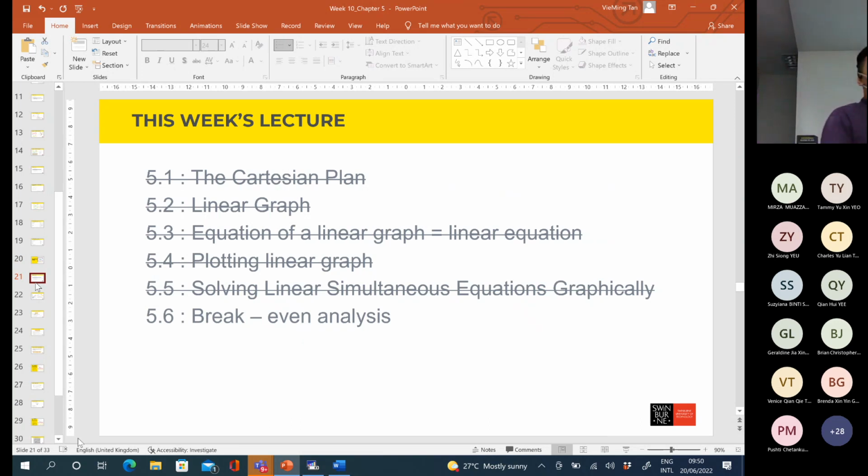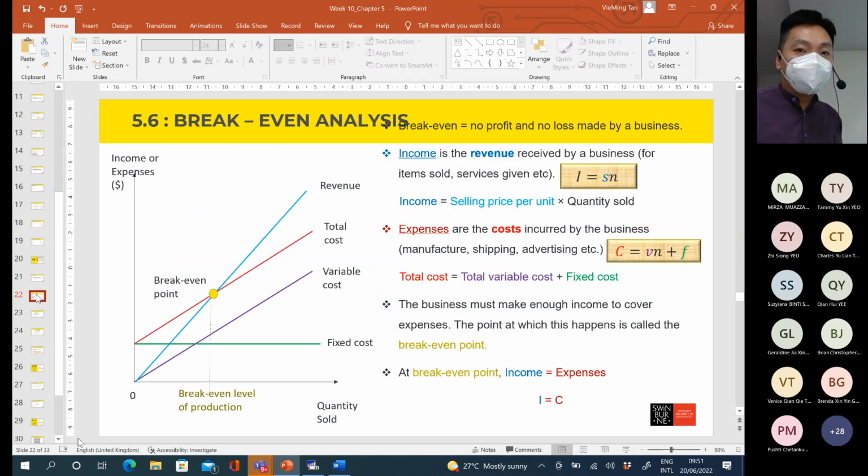Okay, last part for today, that will be break-even analysis. So far, we already learned how to solve simultaneous equations using the graph or using the mathematical equation. Next, we are going to apply this simultaneous equation knowledge into break-even analysis. Before that, we need to know some basic concepts